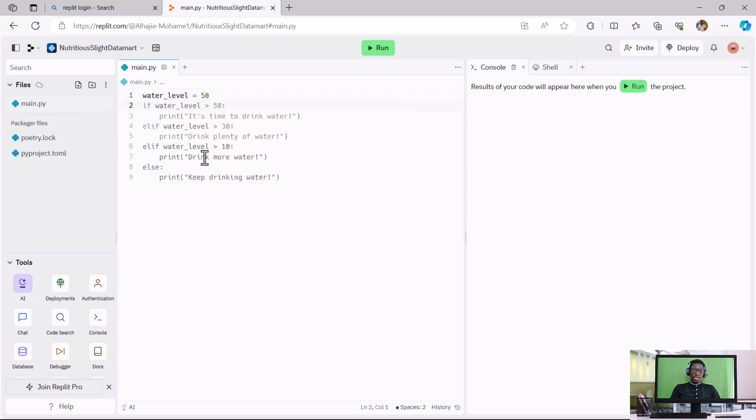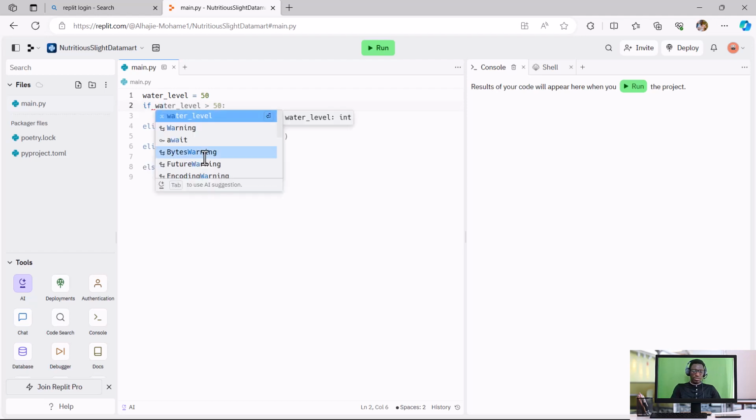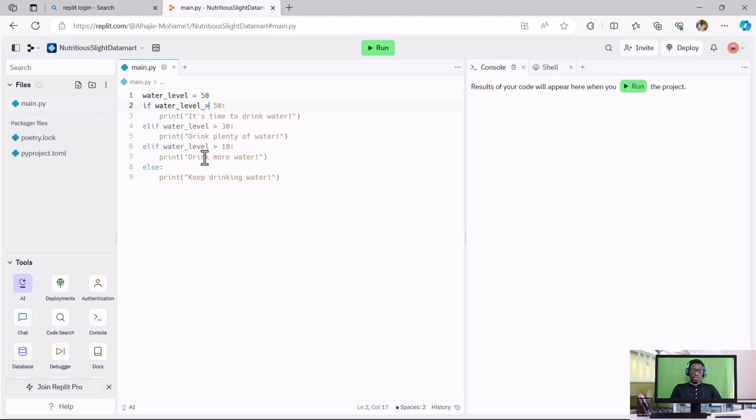So say if the water level is greater than 80 centimeters, that's the condition,